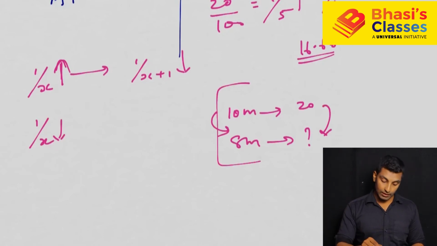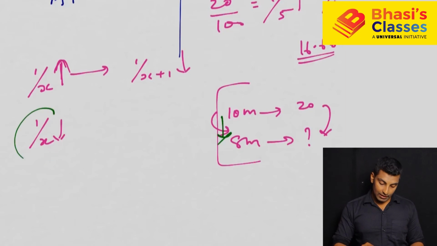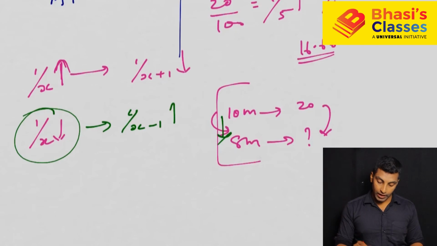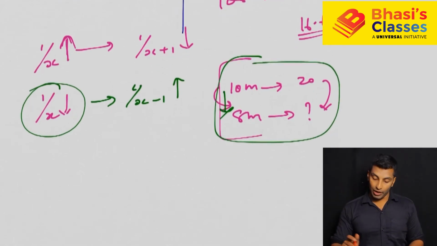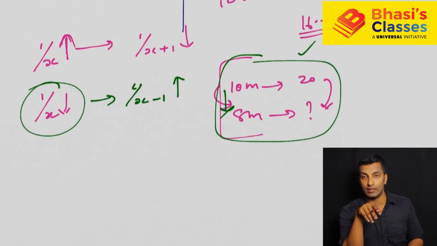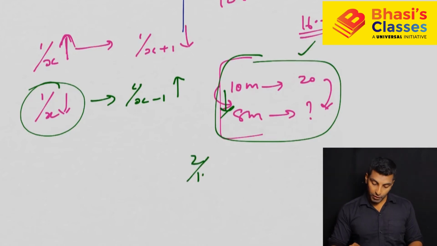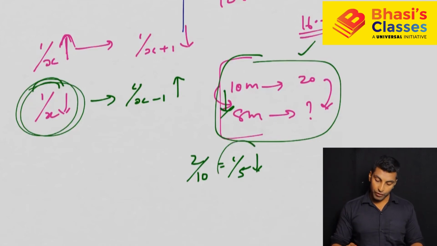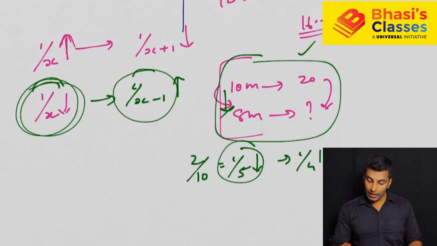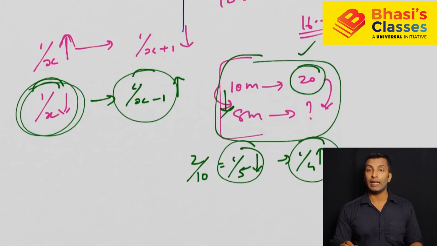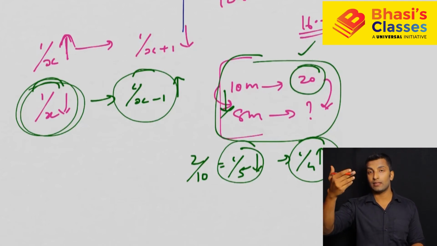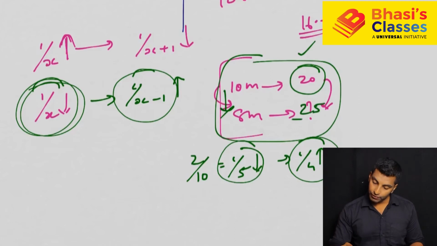But before that, let me discuss a method. Here you can see decrease, right? So let me discuss the concept of decrease. 1 by x decrease will lead to 1 by x minus 1 increase. Now how will you apply that here? Now here you have a better concept, man days, that we have discussed. But this one is also very much applicable here. So the decrease is 2, right? 2 on top of 10, you can write it as 1 by 5 decrease. So instead of 1 by x, 1 by 5. 1 by x minus 1 means 1 by 4 increase will be there in the number of days. So what is 1 by 4 of 20? 1 by 4 of 20 is 5. So 5 days increase will be there. So here you can write 25. 25 will be your answer.